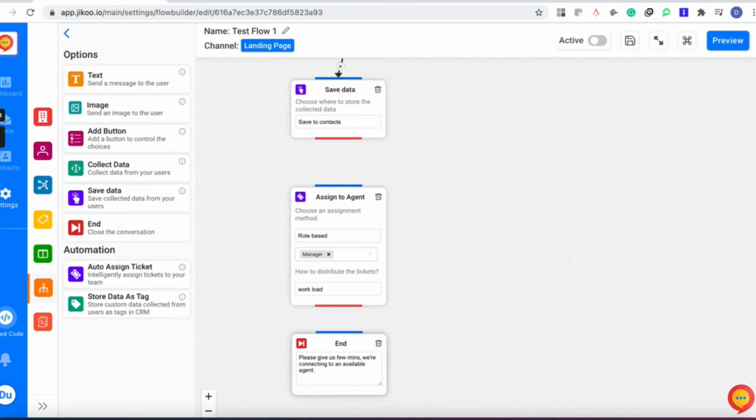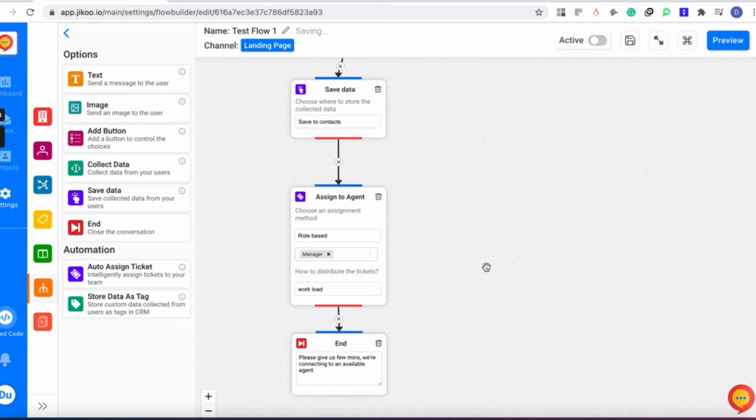So the text option at the top right and the end option at the bottom, both are the same. In both cases, we are just gonna add text only. But the only difference, you can keep that in mind: if you wanna give some farewell message, something like this, you can use this end option. Now we are just going to use the text message for the next flow. I will show you how it works. Before that, we can just connect the points as usual and then move on to the next one.